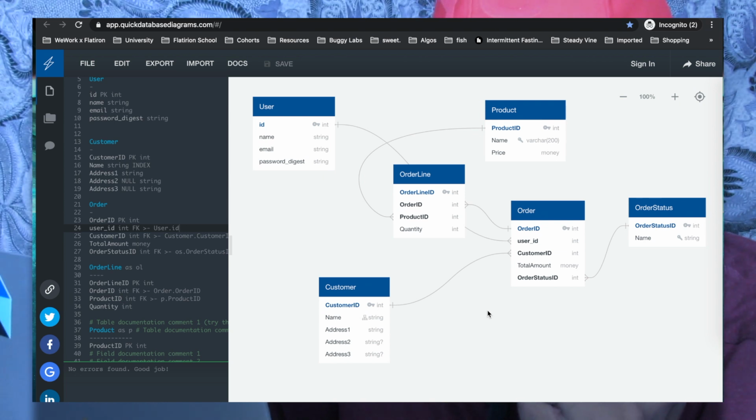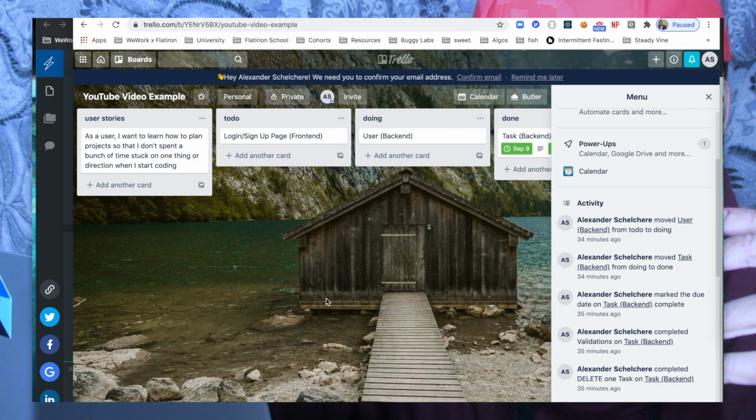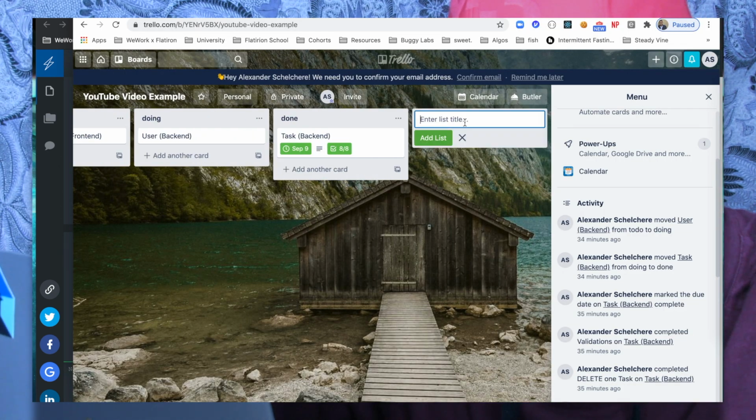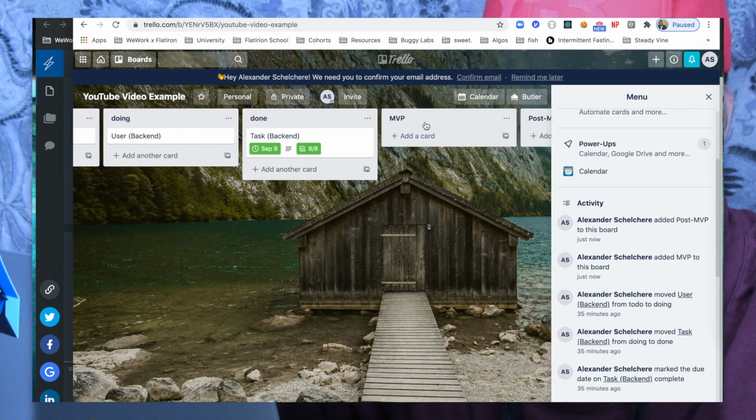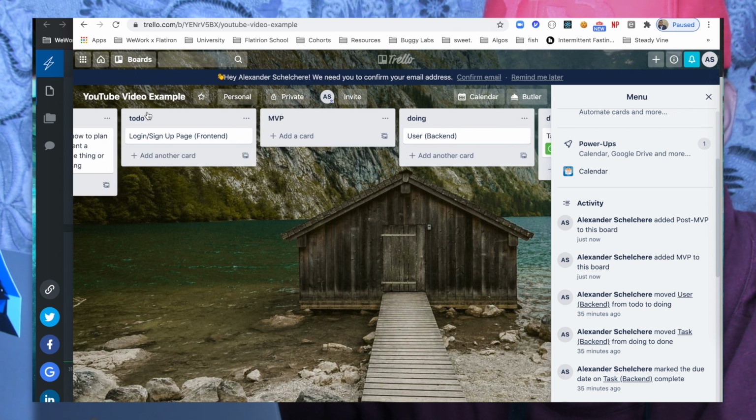If you're able to do those, then as well, when you make your user stories, you can even section them off between MVP versus post MVP, right? We can have MVP, post MVP, and then instead of to do,